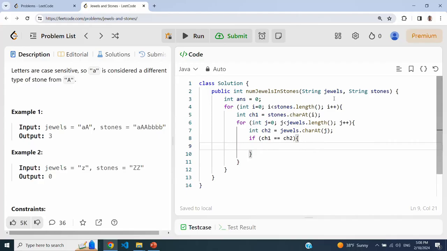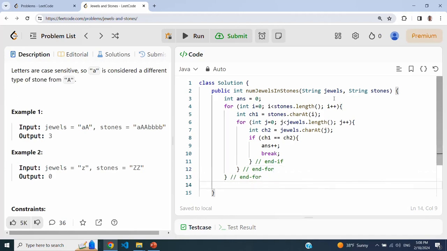If the character in the stones is actually also in the jewels, we increment the answer by 1. And then we break out of the inner for loop. I'm sorry, that's the inner loop and then end of the outer loop. And at the end, we simply return the answer.